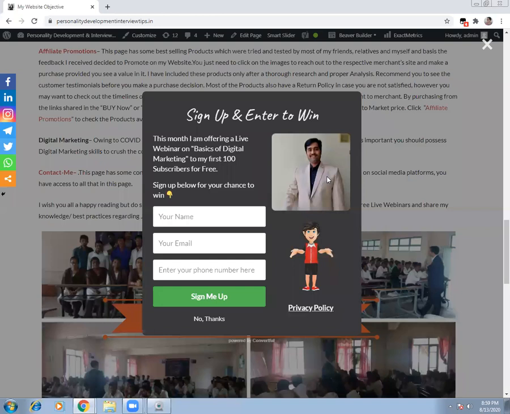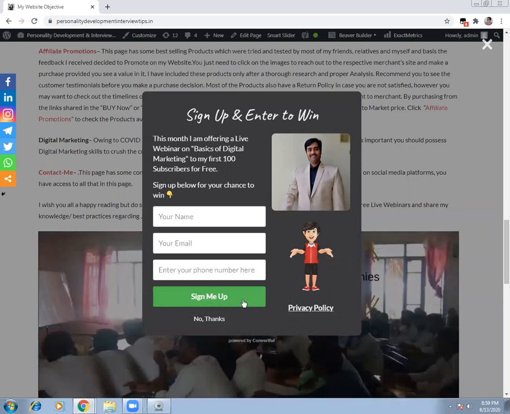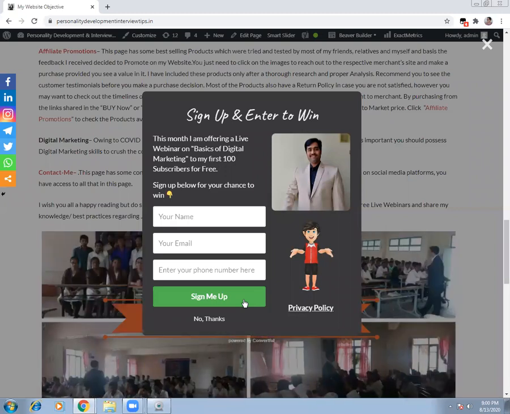Can you add images to it? Can you add custom images and animated images to it? No, you cannot. So these things you can do in this form. And you can also add a privacy policy here, and you can make it more interactive. You can change it to 50% off, say 15% now. When you go through those 11 videos on Convertful, you will get different thoughts. So for my website, these 3 widgets I feel good enough. But for your website, what is it that is good enough? You can check it.